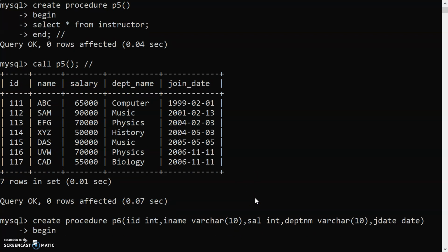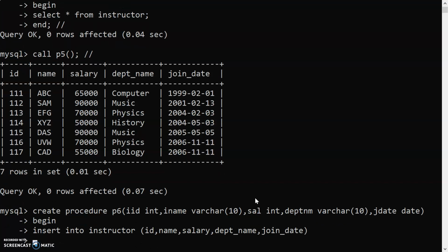Then begin. Then here what is to be done? We have to insert values. So we will execute insert into instructor table. Then here we will be using the attributes of the table: ID, name, salary, then DEPT name and join date.